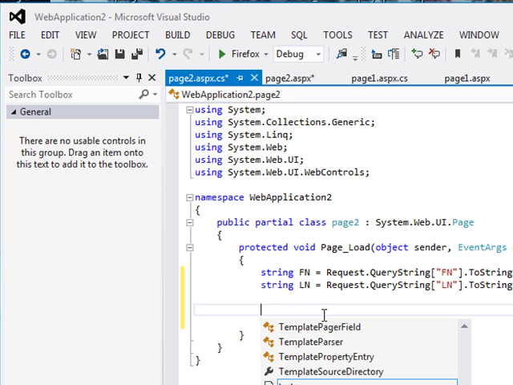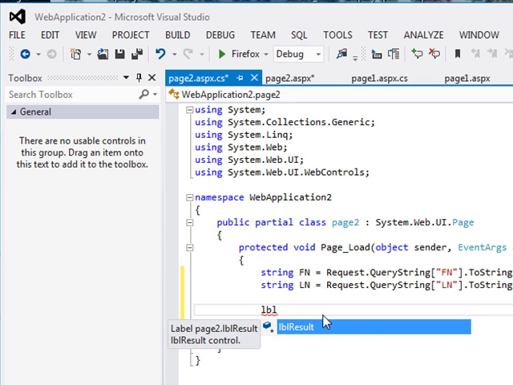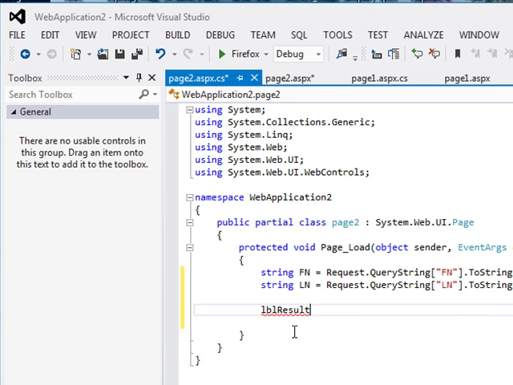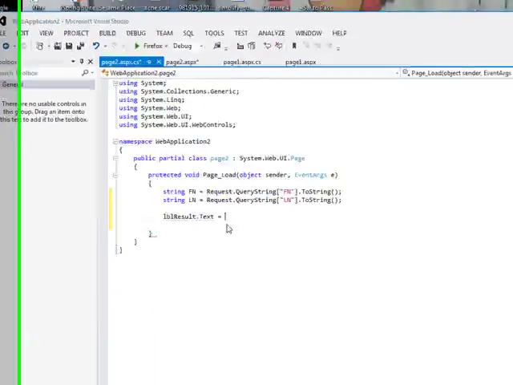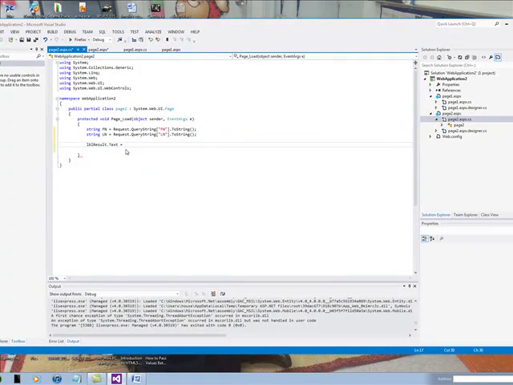So the way I'm gonna bring up that label is using the ID of that label, which is LBL result. As you can see, once I type LBL, I have only one label with that name, which is result. So I can just click on that dot text. All right, so I'm gonna change the text that users or clients will see when that page gets displayed in their browser. All right, so LBL result.text equals to your first name